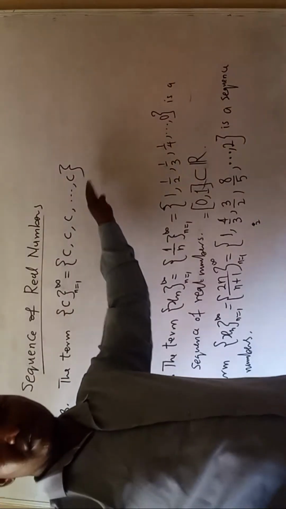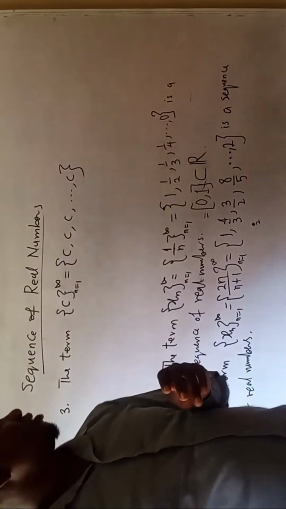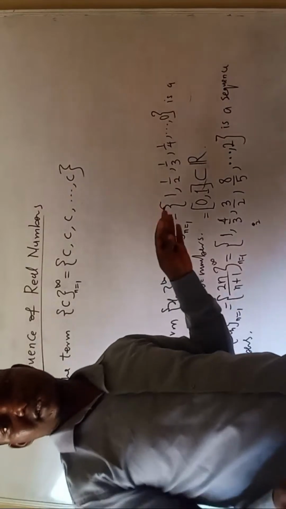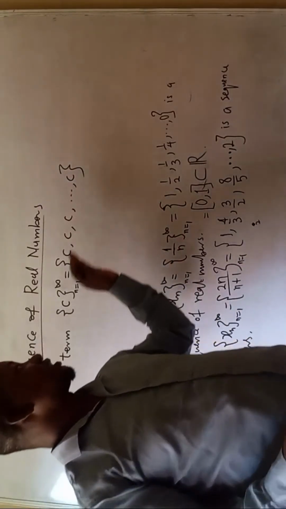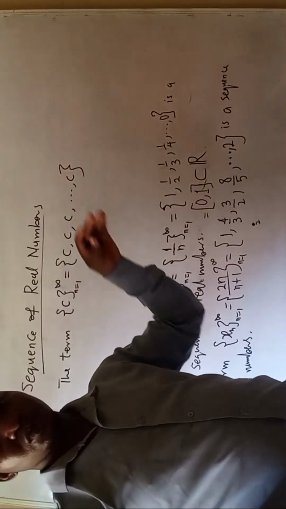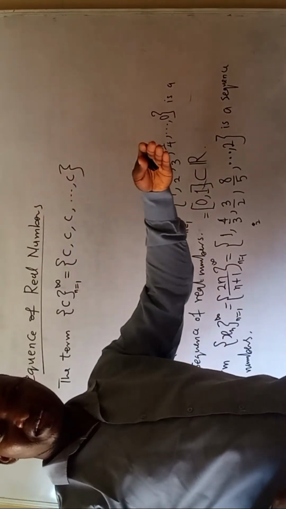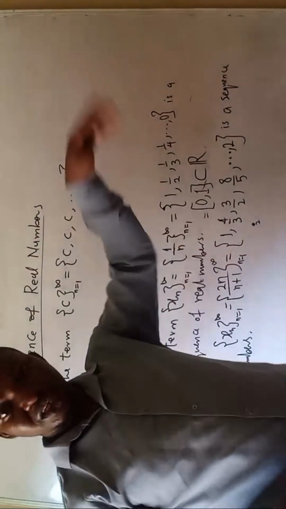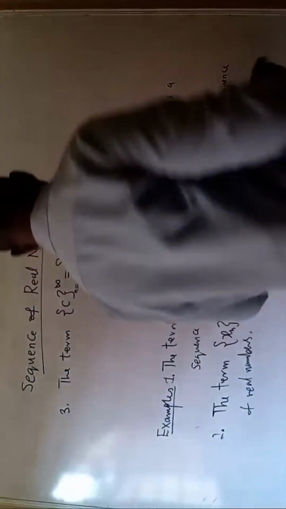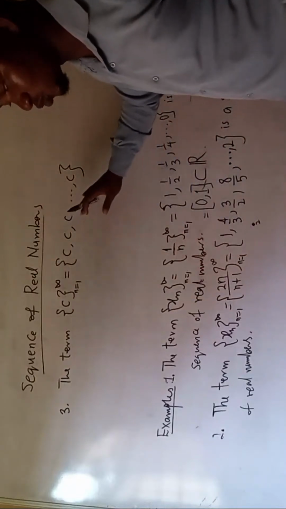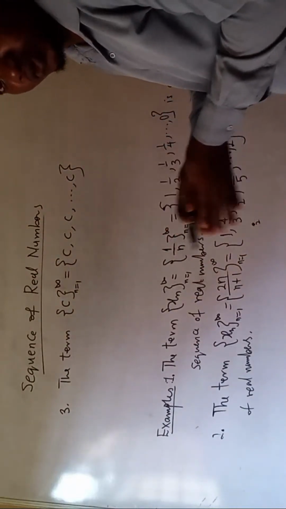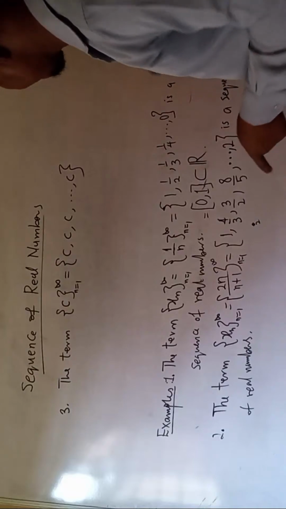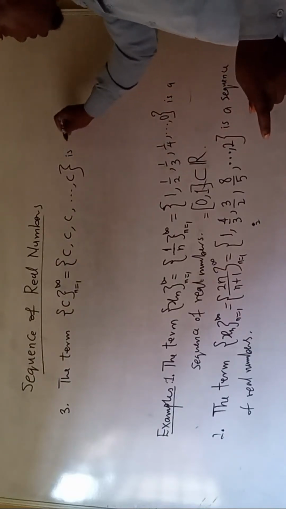Later, there are some conditions that must hold before we can say the sequence is convergent. I'm just trying to show us that some sequences go on, and if they meet certain conditions, they may eventually stop somewhere, and if they do not meet such conditions, they keep going. But the first 3 examples I've given you so far meet those criteria of convergence, and that is why we are able to determine their last number. So this is also a sequence of real numbers.